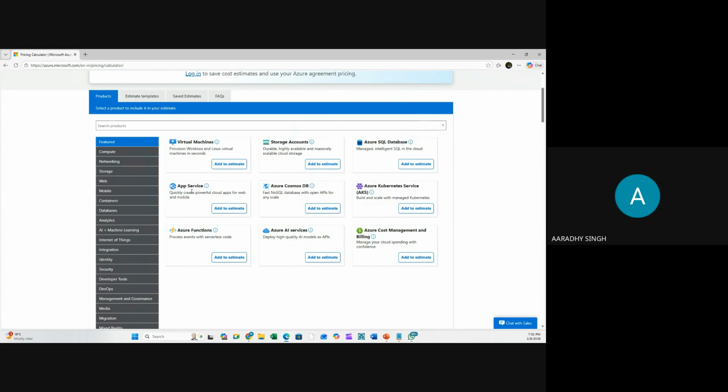If it is an enterprise-level website, then you can go with the App Service Environment. There's a service available which is used to deploy, develop, and manage websites directly without a VM. So in that case, either you can go with App Service or App Service Environment. For the time being, I'm going to create an App Service.